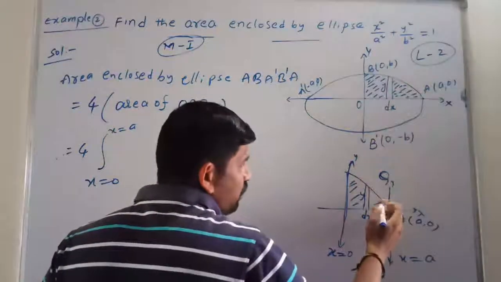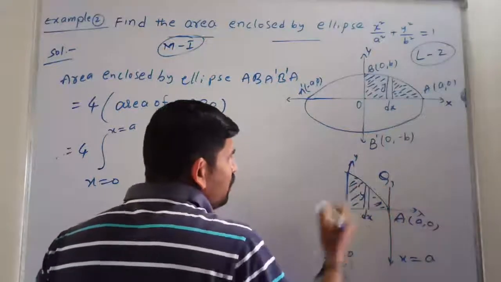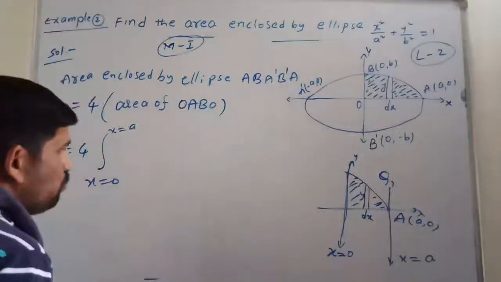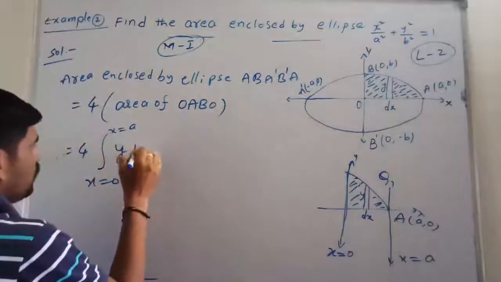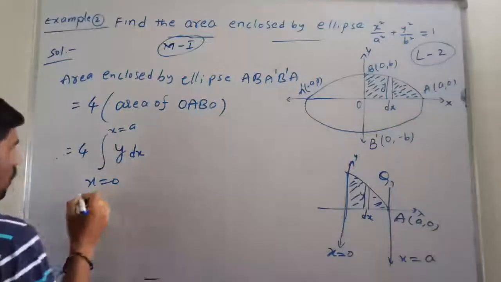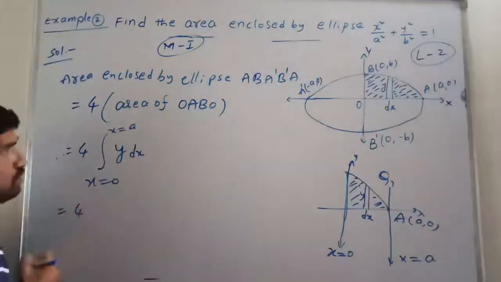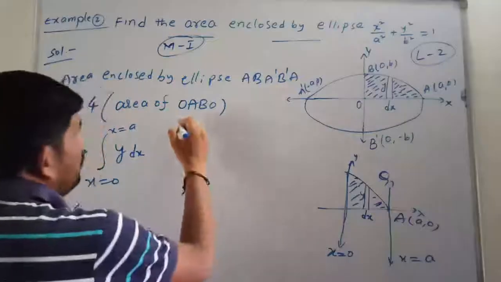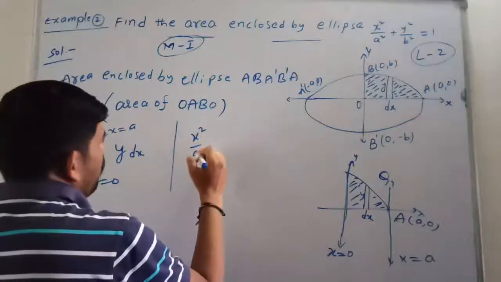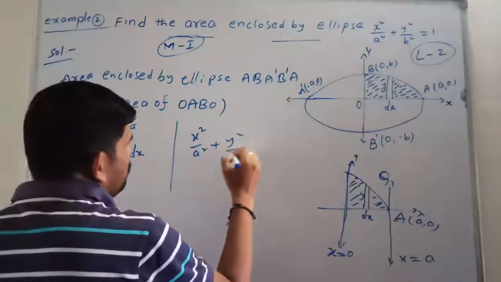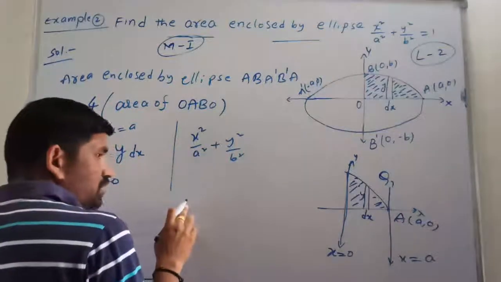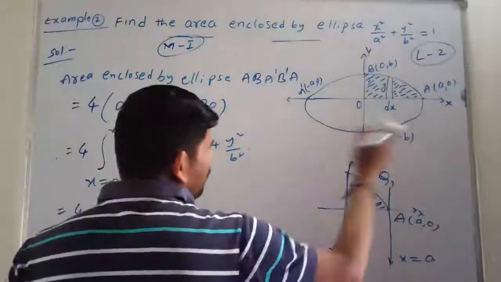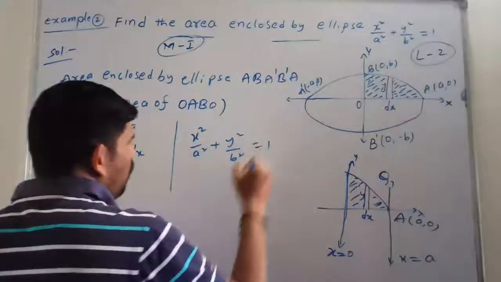See, this is the diagram we are taking separately to understand what explanation we are going to give. Yes, and multiply y into dx, that is y into dx only. Yes friends, now after that 4 into y, so we have to take the ellipse, x square by a square plus y square by b square. You can write this part again in the solution part of this example 2. Otherwise you can take it roughly here, no problem.